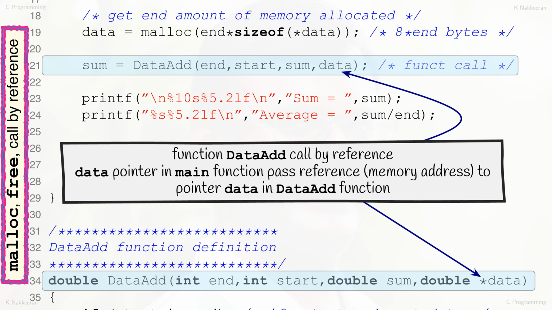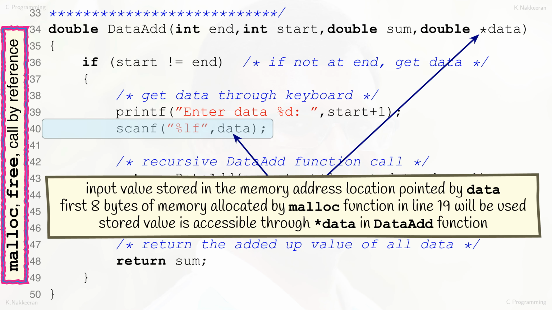So, the first 3 parameters are called by value and the last parameter is a call by reference. Memory address location, where the data pointer in the main function is referring to, is now passed on as reference to data pointer in the data_add function. So, within the data_add function, pointer data is available to directly handle the memory location referred by the data pointer